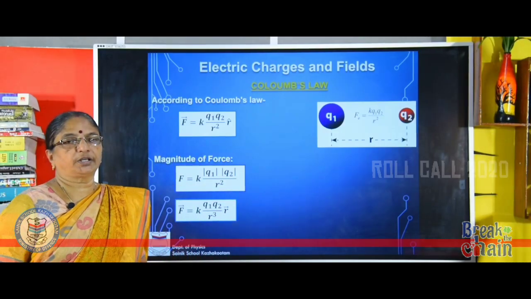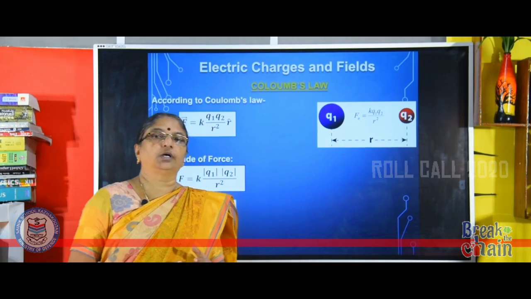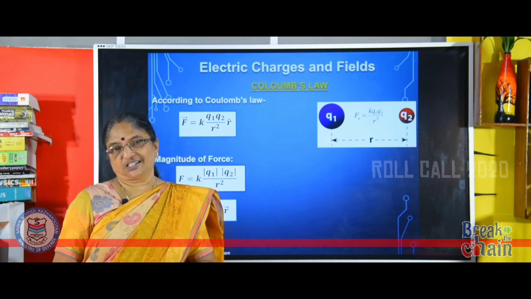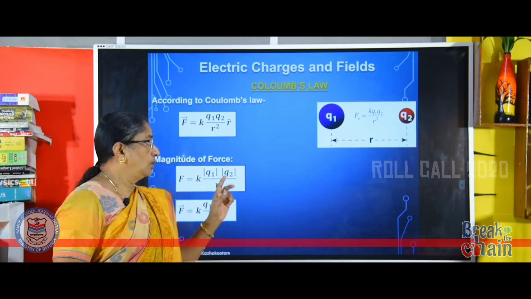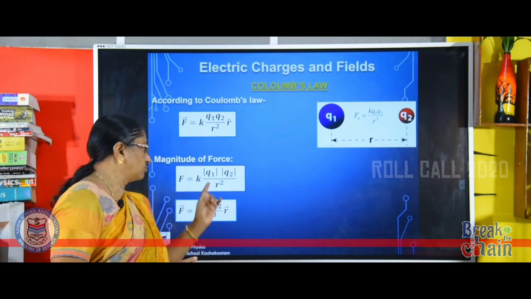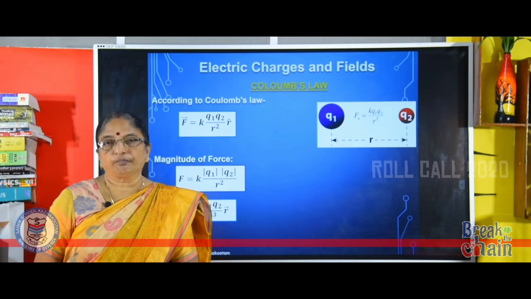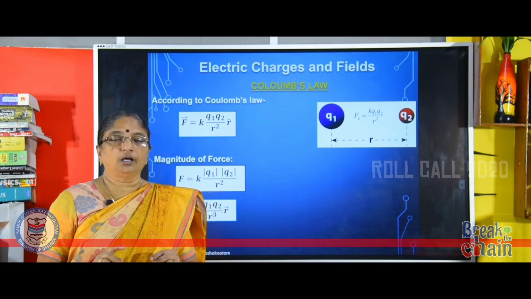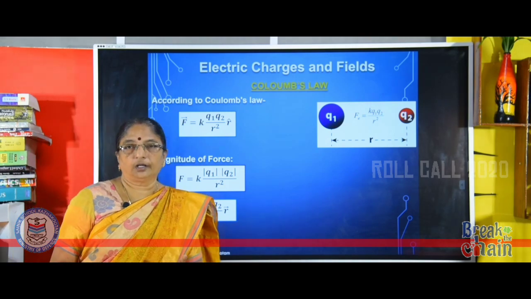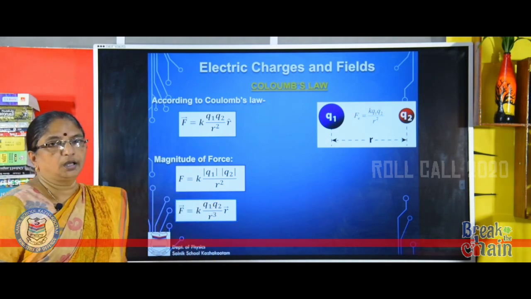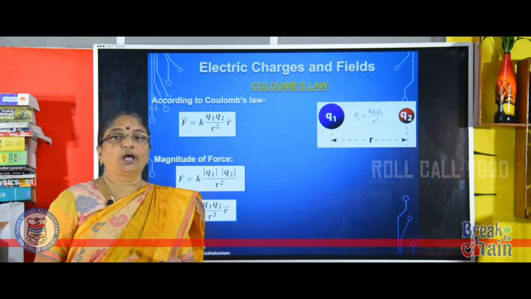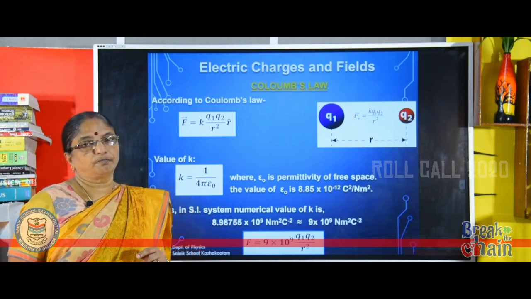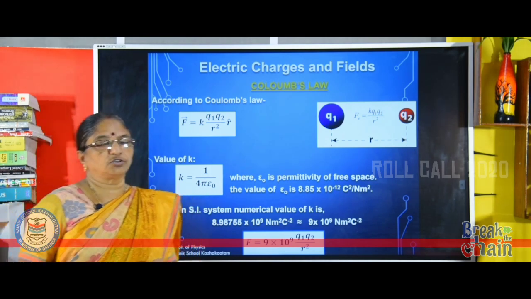So Coulomb's law equation is vector F equal to K Q1 Q2 by R square R cap, and the magnitude of the force is F equal to K magnitude of Q1 Q2 divided by R square. See the last equation, R cap can be written as vector R divided by R. So another form of electrostatic force is vector F equal to K Q1 Q2 by R cube into vector R. And K, as I already told you, is the constant of proportionality,